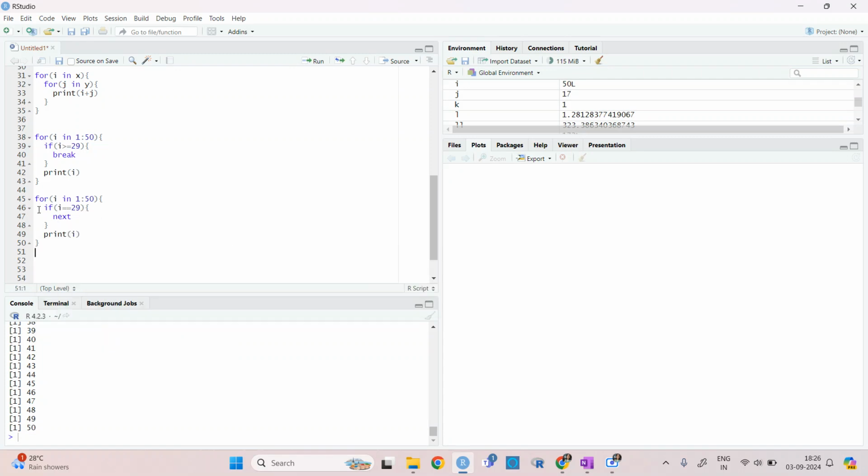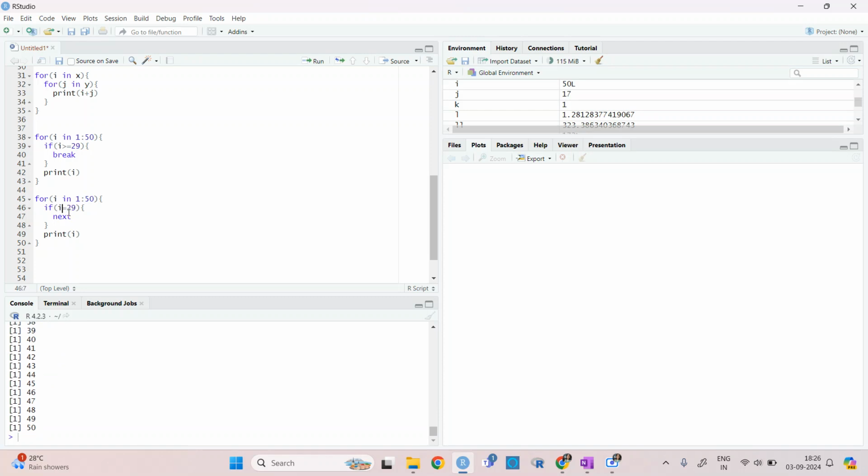So what happens is that I have given: if I is equal to 9, then next, and then print I. So it has printed 1, 2, up to 28, and at 29 it broke that command.